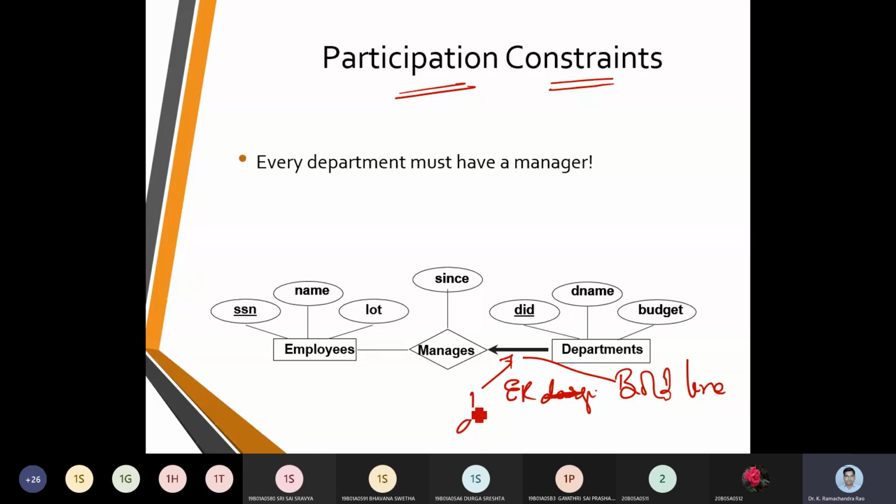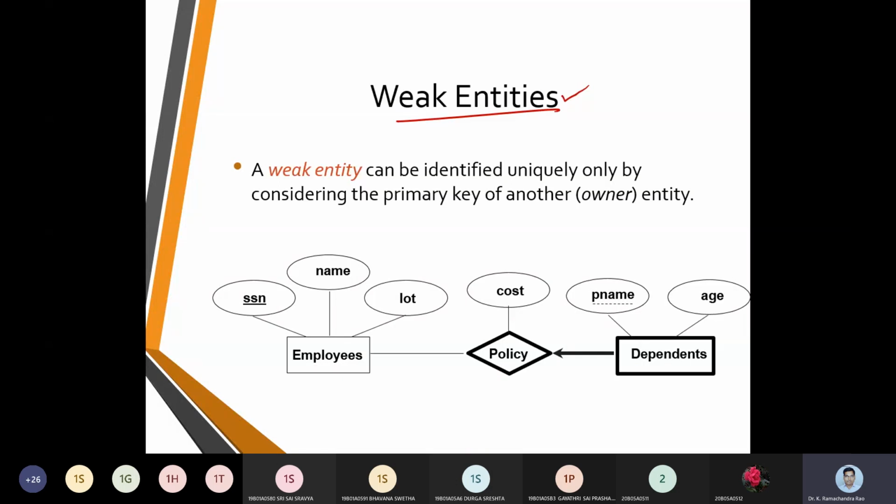Next word was, we call it weak entities. The next element to take care of is weak entities. So in this weak entity,